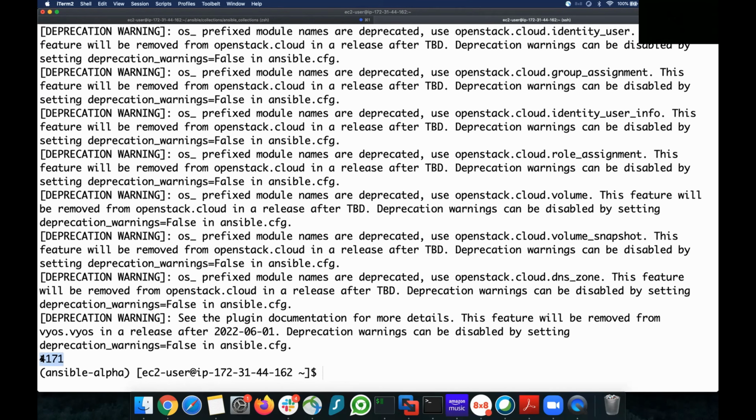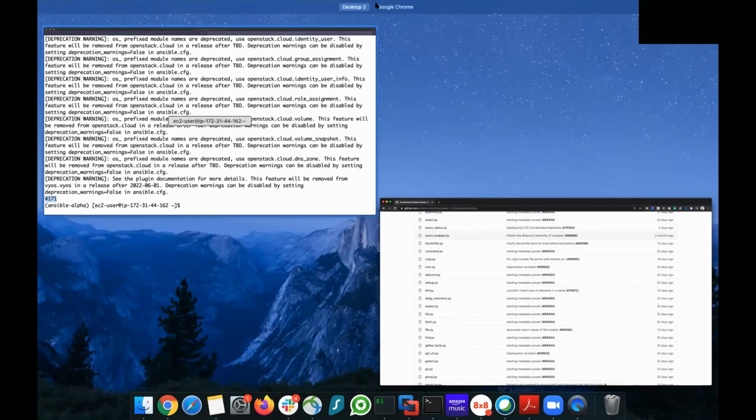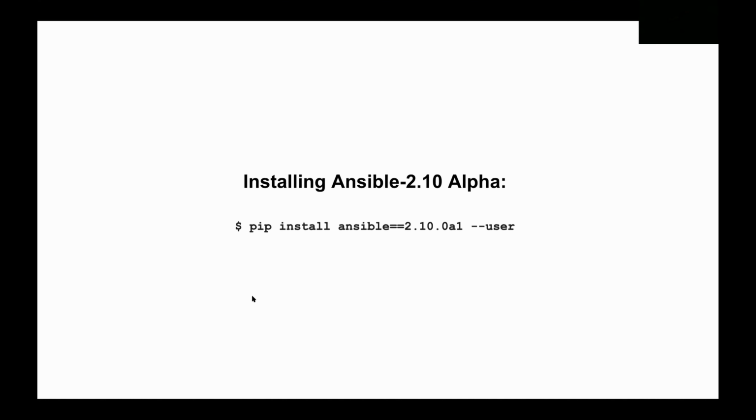So after installing Ansible Alpha, we get all the modules that were present in Ansible 2.9 or earlier versions. So your playbook won't break. So just install Ansible Alpha, which installs Ansible base as well as a wide range of collections, and you're good to go. So that's something new in Ansible version 2.10.